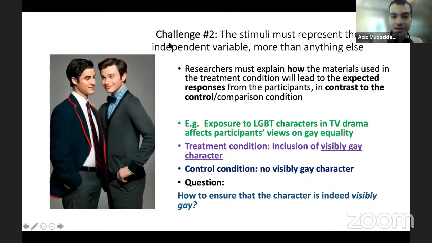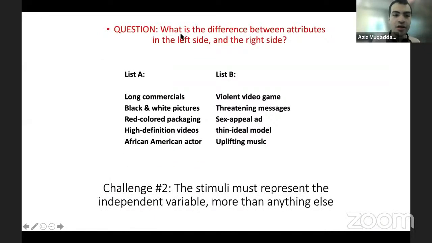And so the idea, if you're testing that in an experiment, is that you have to make sure the audiences perceive the materials as you intended, right? You need to think about what things would represent being visibly gay in this case. Which then leads me to talk about something unique to communication experiments, which is that sometimes the factors we